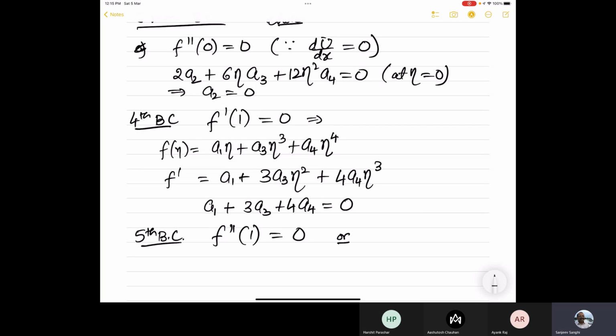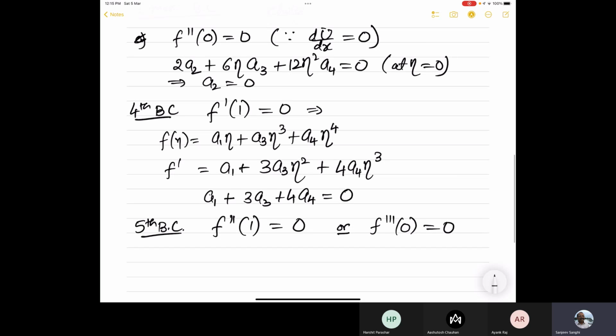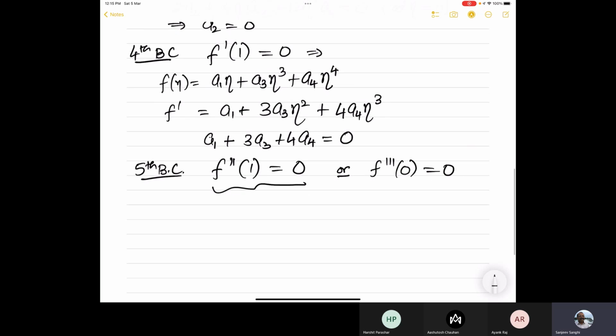Which is the other boundary condition we could have used here as the fifth boundary condition? Sir, f triple prime 0 equals 0. F triple prime 0 is equal to 0. So it's up to us. We use, and I'm just following the method which has been done. So I use this, and this gives me